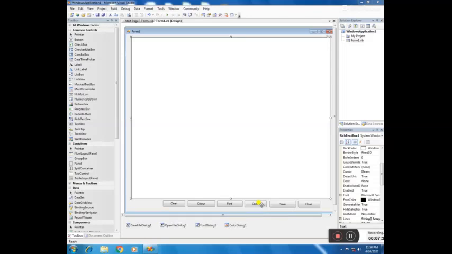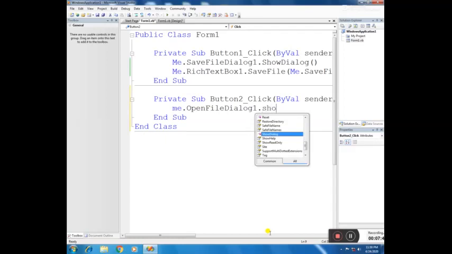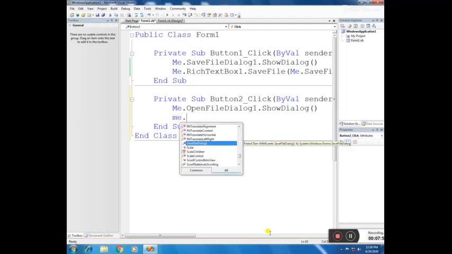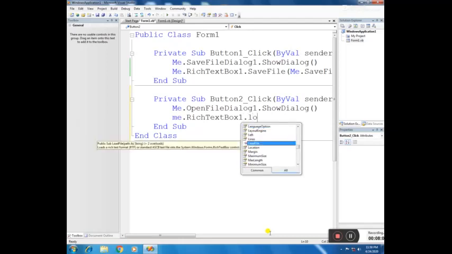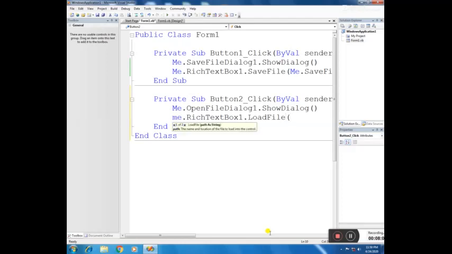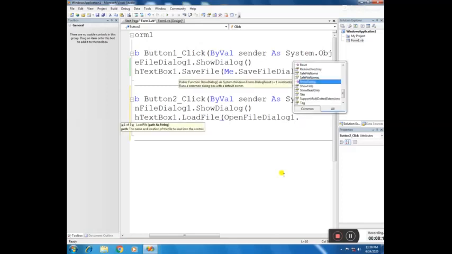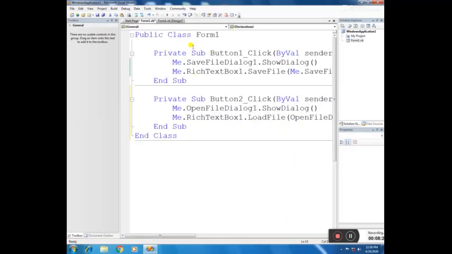For that we will write Me.OpenFileDialog1.ShowDialog. Again we will write Me.RichTextBox1.LoadFile, and we will open, again using OpenFileDialog1.FileName, and that's all. The file will be opened.